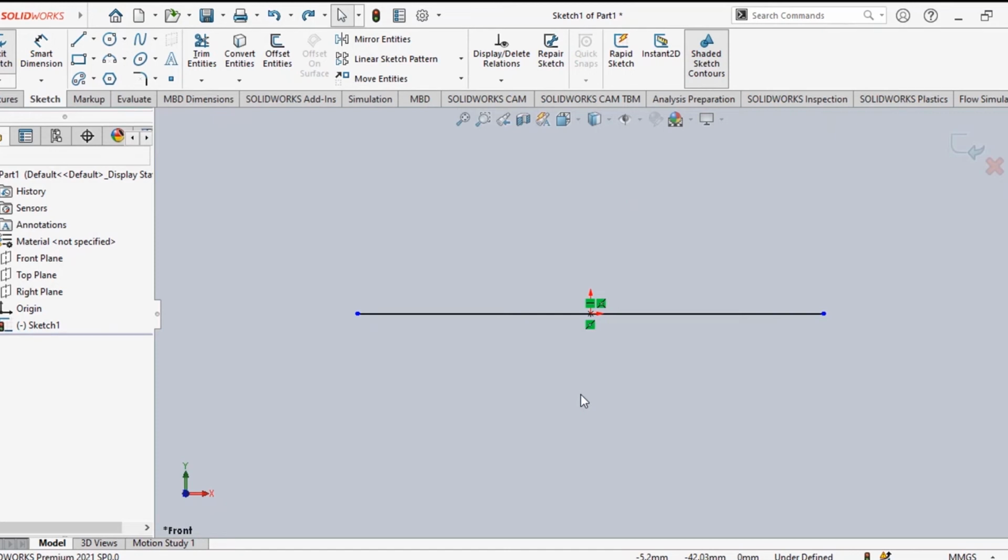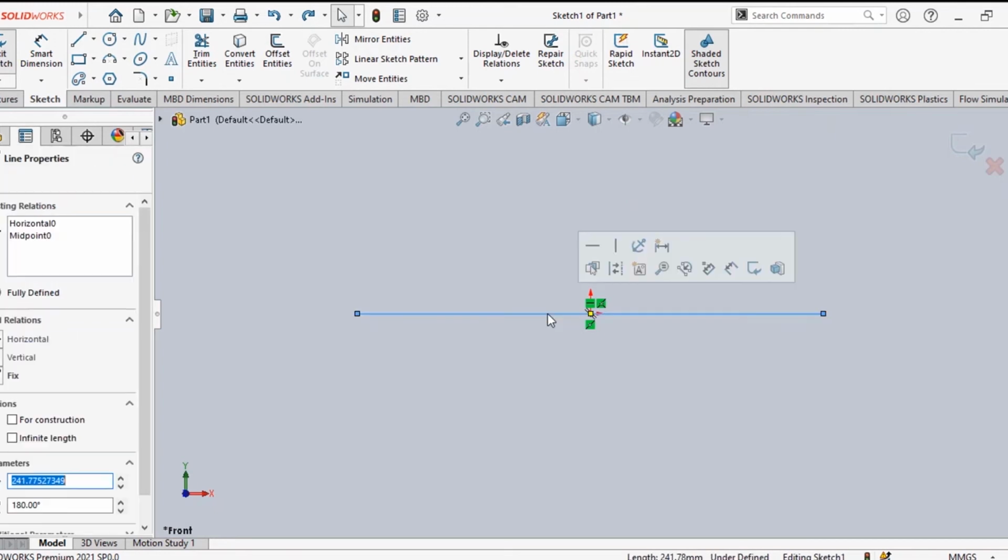Different options are there. You can delete these and make another line. But that is not a good way. Directly you can convert this line into a center line. You need not go back, you need not cut it, you need not undo. How can you make it? What you have to do is select that line first.